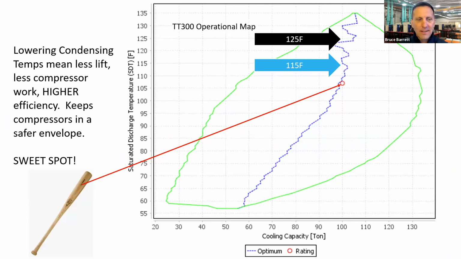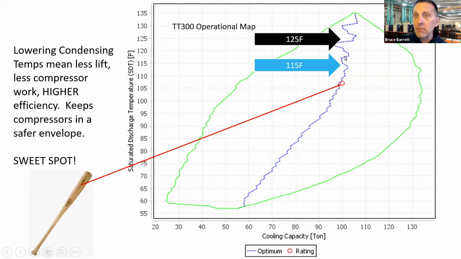All right, we're going to get in the weeds a little bit technically for you compressor heads out there. So lowering condenser temperatures is the name of the game. Compressors have to use less work to reject heat basically through our condenser. 125 degrees would not be uncommon for an air-cooled mag-bearing machine, but look at how narrow the operational map is up on top. I can only run these compressors in a certain range from 90 tons to about 120 tons.